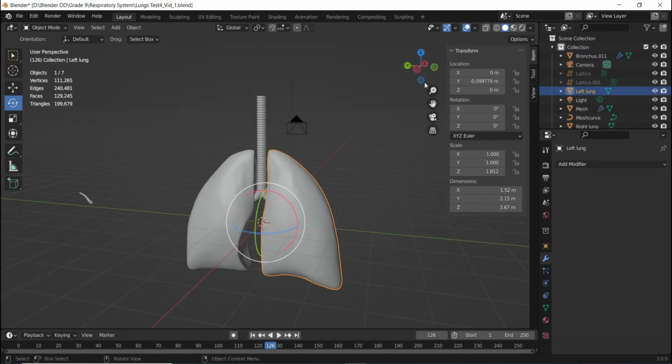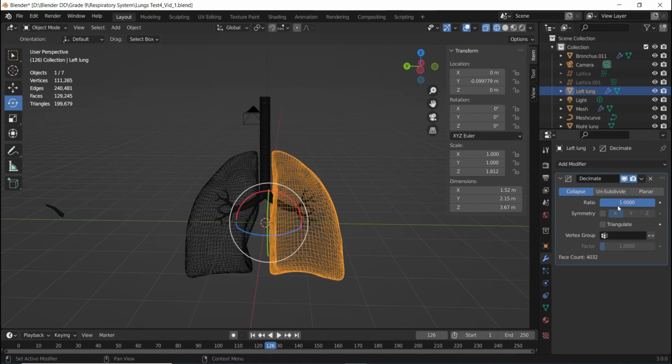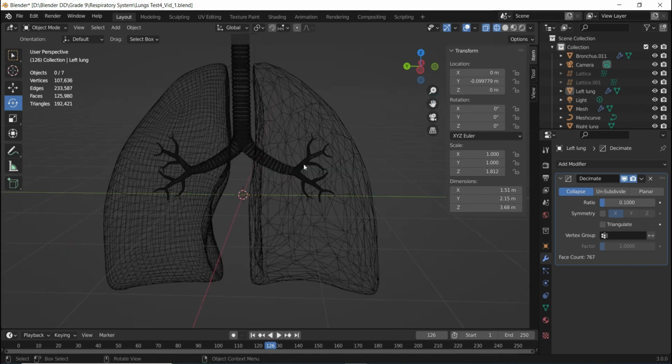If you want, you can do the same on the lungs as well, although there is no need. But in any case, if your computer configuration is not very good and your computer is showing lag, then maybe you can apply decimate here as well, and I'm going to keep the value 0.1. You can see how it is distorting the topology. But again, just to keep the scene light, I am applying the modifier. I think it is distorting the shape a bit, but no need to worry. We can definitely remove this later once we have made all the changes.